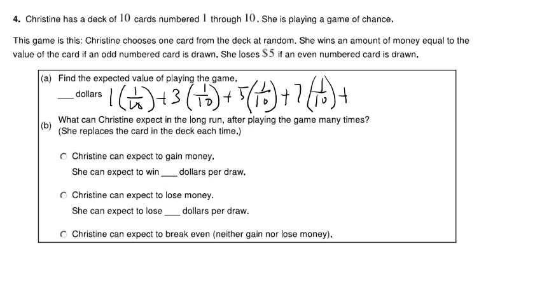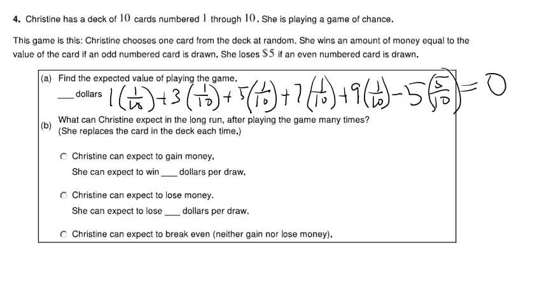She could win 9. 1 out of 10 ways. But she could lose $5, and that is 5 out of 10 ways, right? So when you do the math, if you add that up, it comes out to be 0,